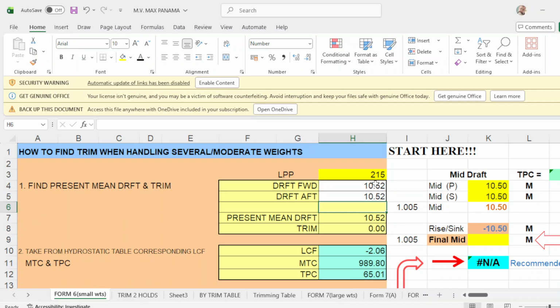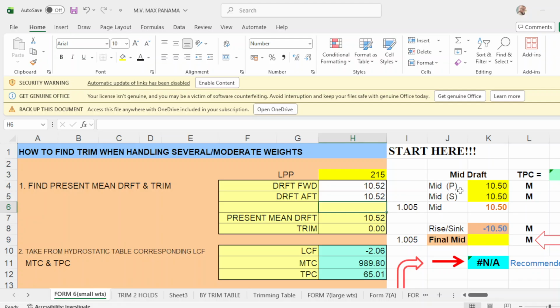Actually, this is like the situation where the foreman would stop the loading operation at berth, because now he's asking the chief officer how much remaining cargo to load for completion. Okay, I just finished this one.